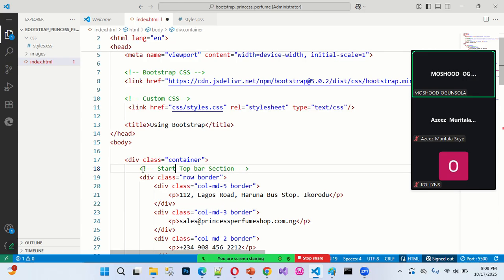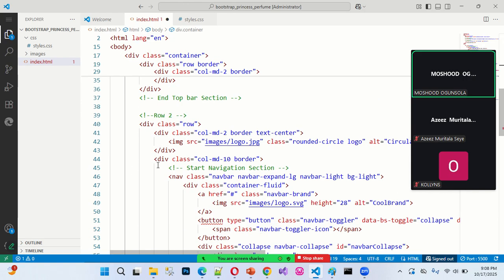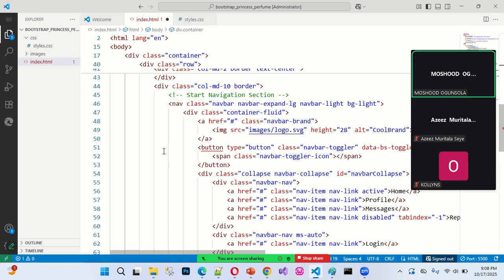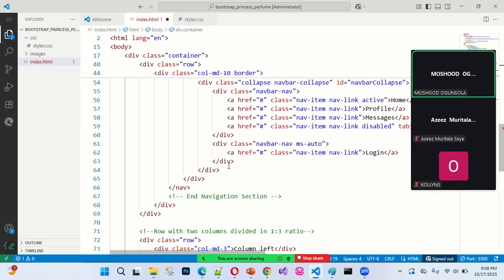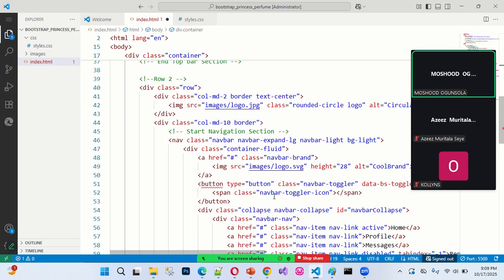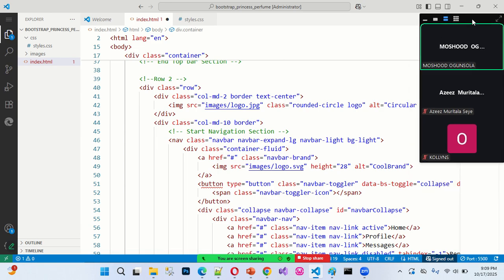Start top bar section. So this one makes it easy for us to be able to understand where each of the sections starts and ends. Now back to this navigation here. So the next thing we are going to do now is, since we already have our logo here,